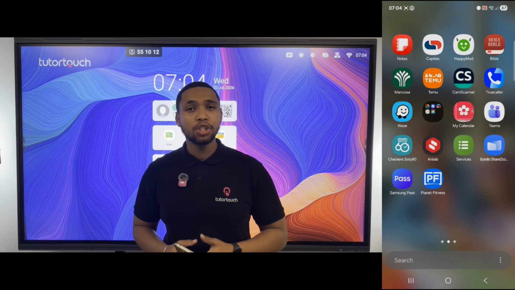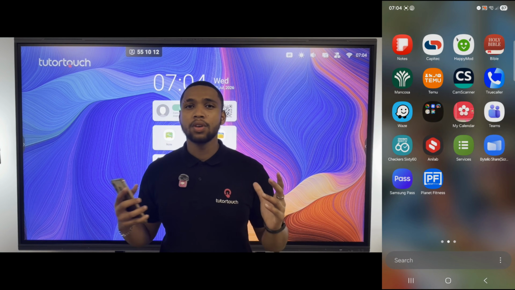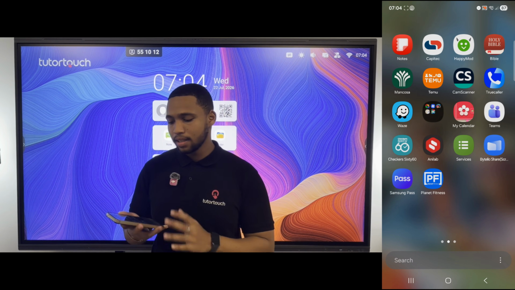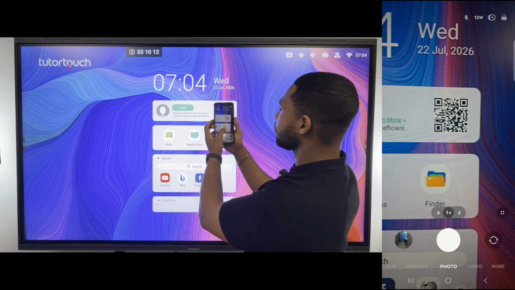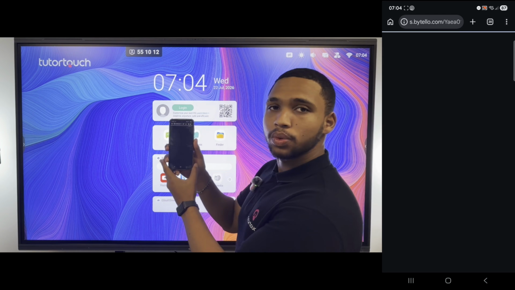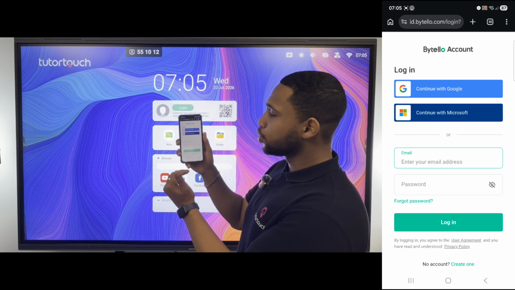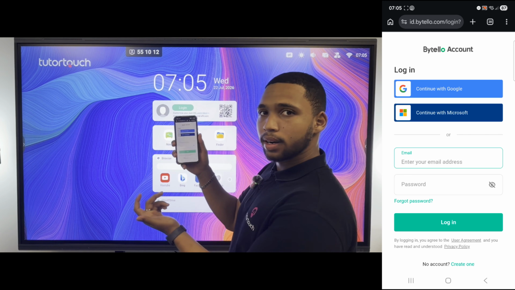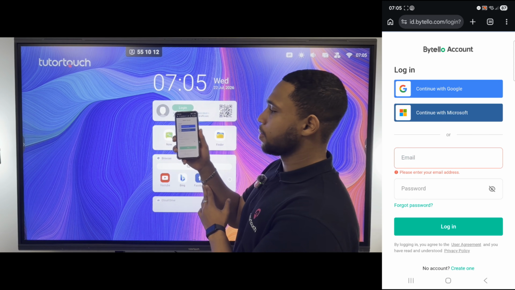In today's video, I'll be showing you how to bind or sync your OneDrive or Google Drive documents directly to the panel. So all you need is a device that can scan a QR code. So I'll be using my phone. We'll go to a QR code scanner, scan the QR code as such, and then it will direct you to a web page. Here you will then choose whether you have a Google account or a Microsoft account. Microsoft will be one for OneDrive, Google will be for your Google Drive. We use Microsoft, so I'll click on the Microsoft part,